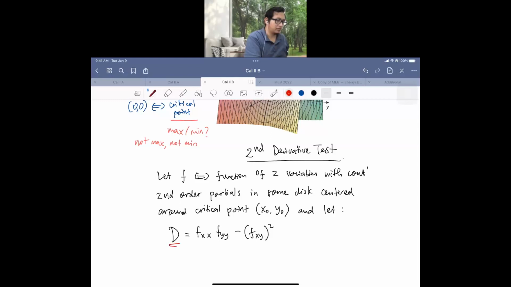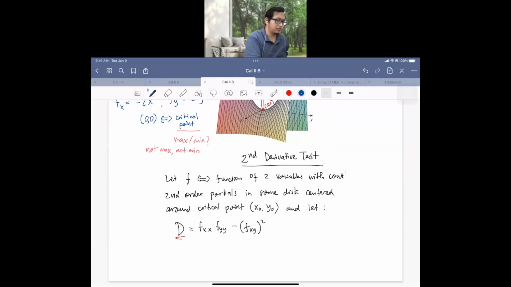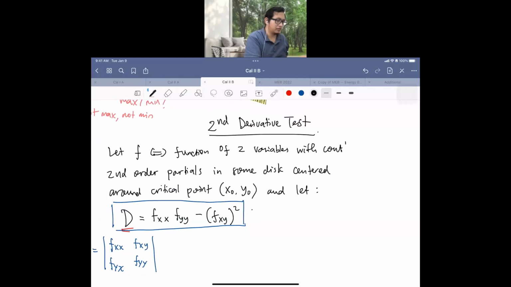D is from the determinant, so it's actually the determinant of the matrix of second partials. I don't think I have time to prove this, but let's say we have this D. Then, okay, then